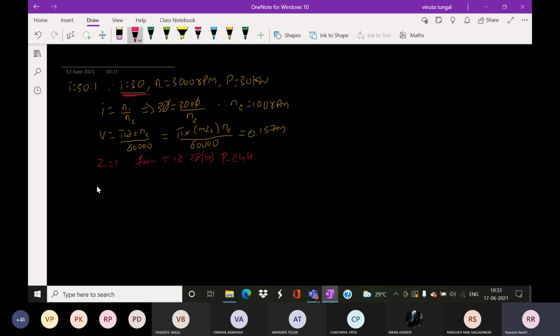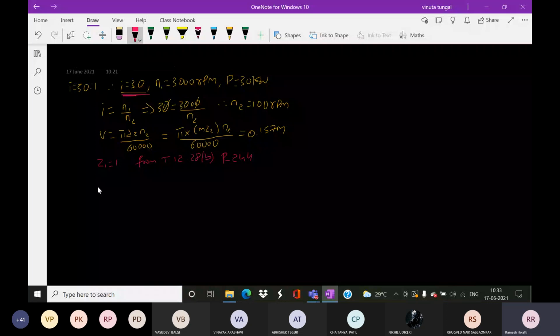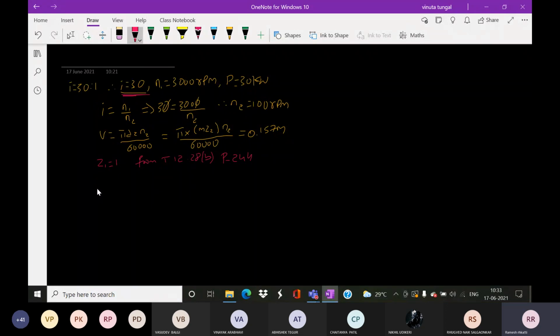After noting that value, next, the materials for the worm gear as well as the worm have not been given. When it is not given, you need to assume that. In the previous classes for the design of spur and helical gears, which table did you refer to? Table number 12.7, page number 234. From this, you will note down the allowable static stresses, that is sigma d, allowable static stress.